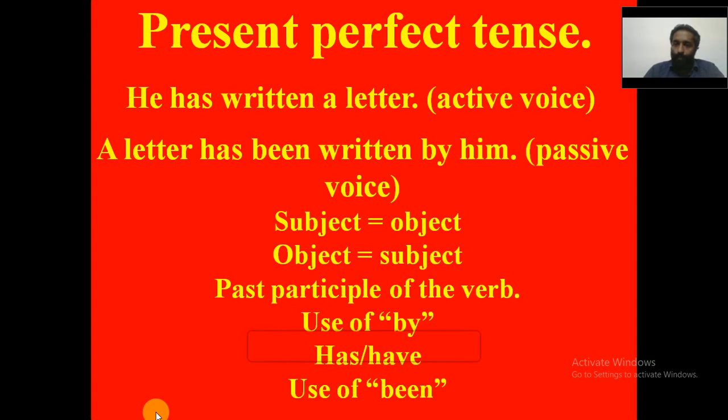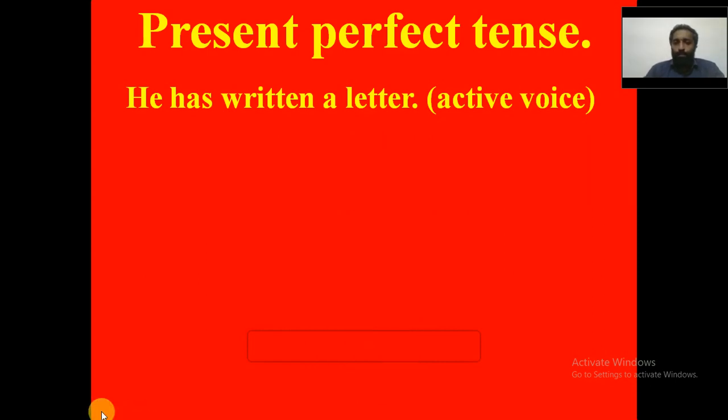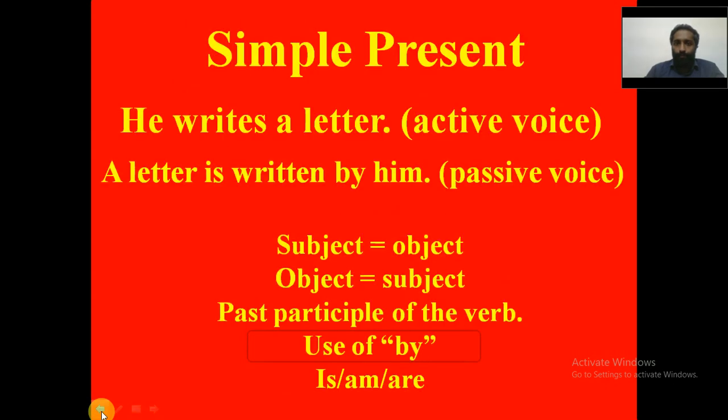So these are the three divisions of present tense that you need to understand: simple present, present continuous tense, and present perfect tense. Let's go through these three once again. That is simple present. Remember, there are 5 changes. The 4 basic changes that you have already learned. The additional words that come here are is, am, or are, that depends on the subject. If the subject is singular, we will take is. If the subject is plural, we will take are. If it is I that comes there, we use the word called am. That does not happen very often. So remember, is, am, or are, that depends on the subject.